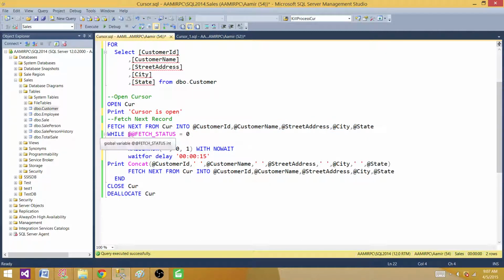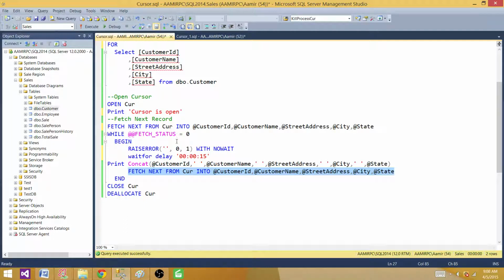We use this global variable, @@FETCH_STATUS, and the value is set to 0. So once we fetch the very first record, the value for this variable is set to non-zero, and then once we enter in the loop, it will keep fetching the record as we have the fetch next, and it will keep fetching the next one, and keep looping till the value of the global variable becomes non-zero.